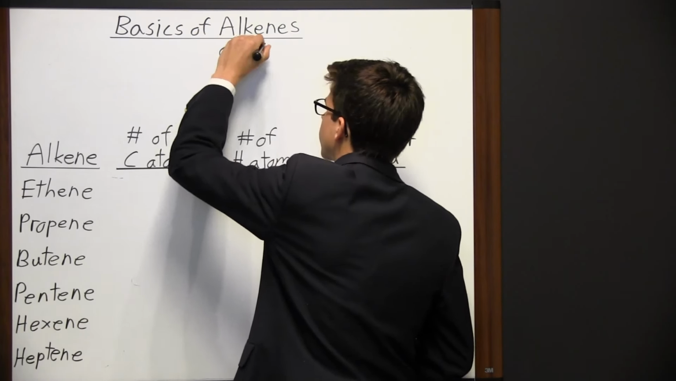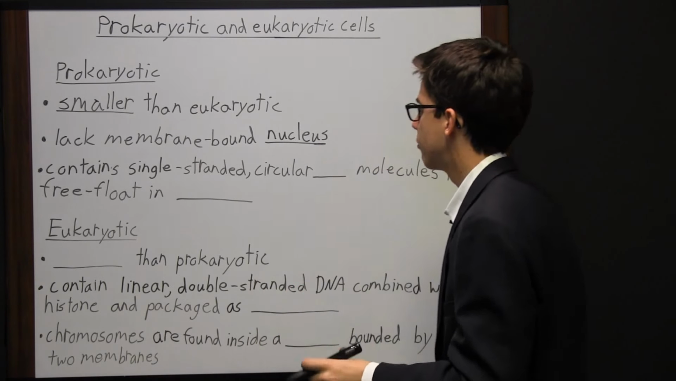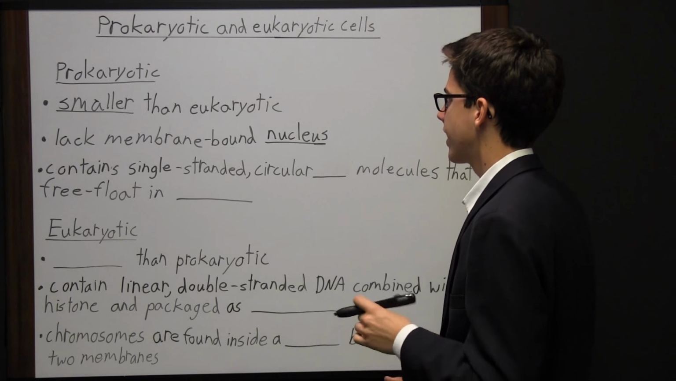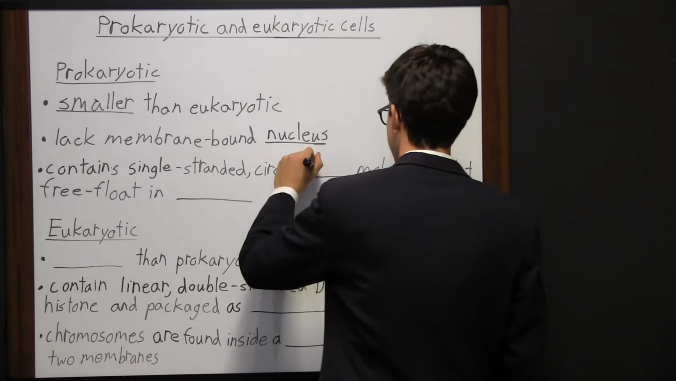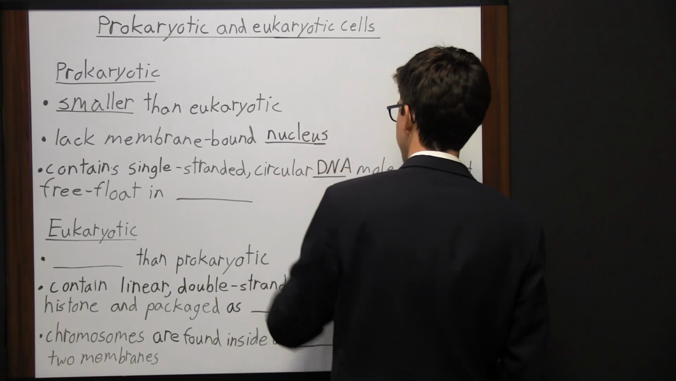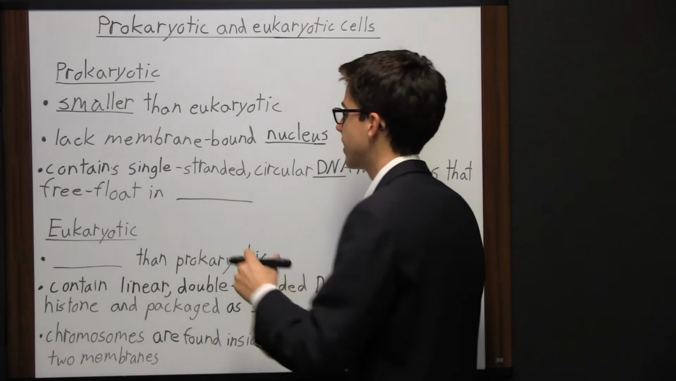We can classify cells into 2 categories, prokaryotic and eukaryotic. So prokaryotic cells are smaller than eukaryotic cells. In addition to being smaller, they lack membrane-bound nucleuses. So they don't have a membrane-bound nucleus. Now, they contain single-stranded circular DNA molecules that free float in, you can probably guess, they free float in cytoplasm,